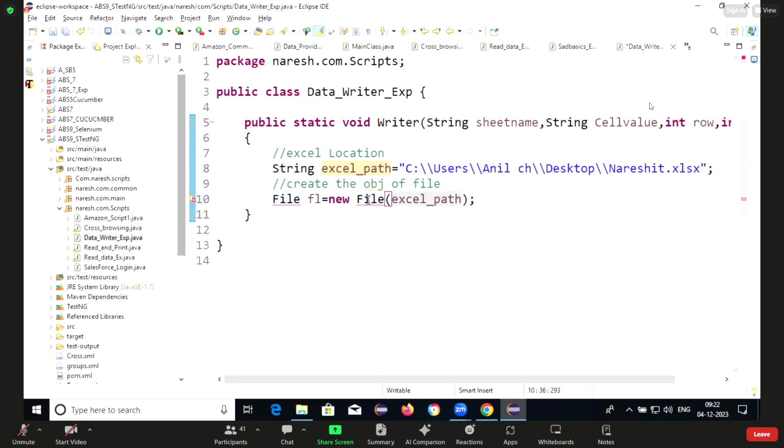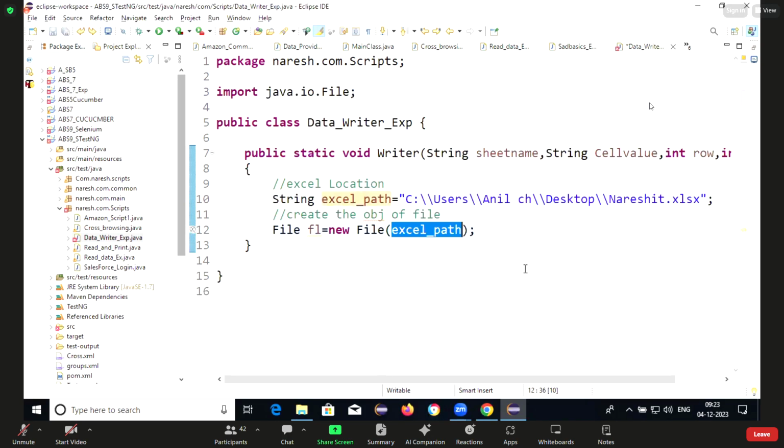See, import. Once you import the Java file class,